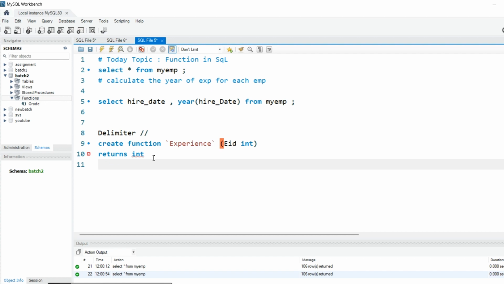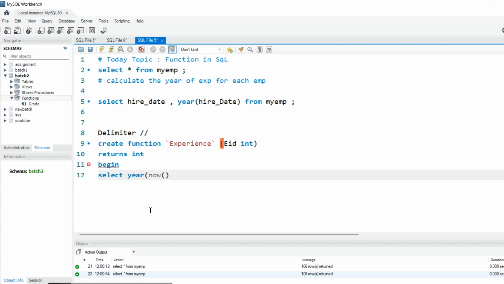Then we will begin our function. In the select command, what we want is the year of experience, right? Then how do we calculate the year of experience? We will subtract the hire date from today, right? So how will we get today's year, as I showed earlier? I want today's year, right? I will use the now function here, then close the bracket, minus year of hire date.